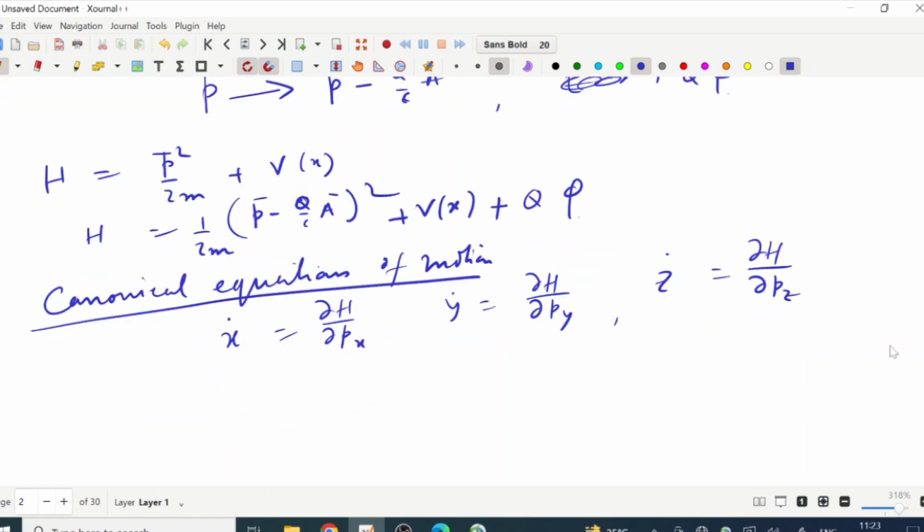Similarly, for the other equation, minus p x dot will be del H by del x, minus p y dot will be del H by del